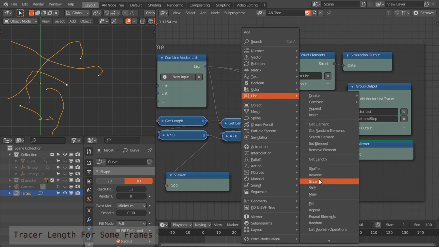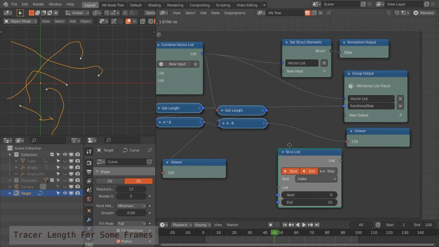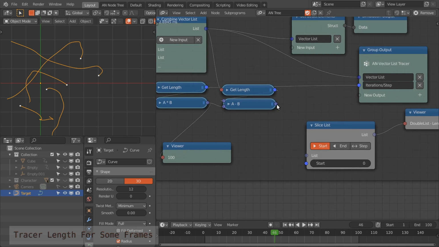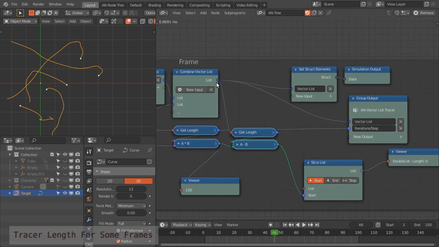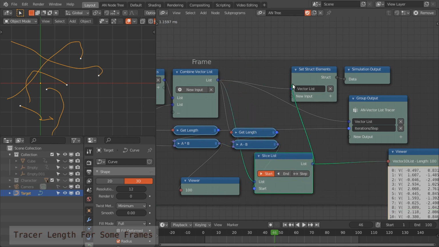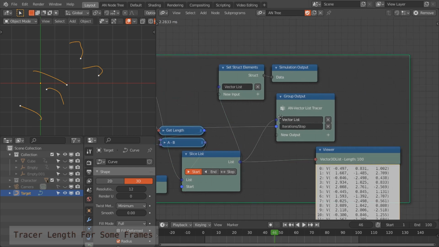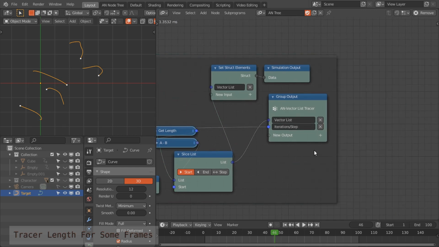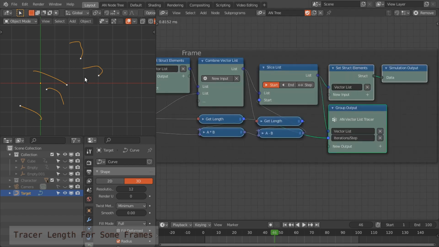Let us add the slice node, enable this start, and this will be the start index, and this is the list. And now connect this to the vector and this to the group output node. See, we have the spline length of 20 frames for each vector,